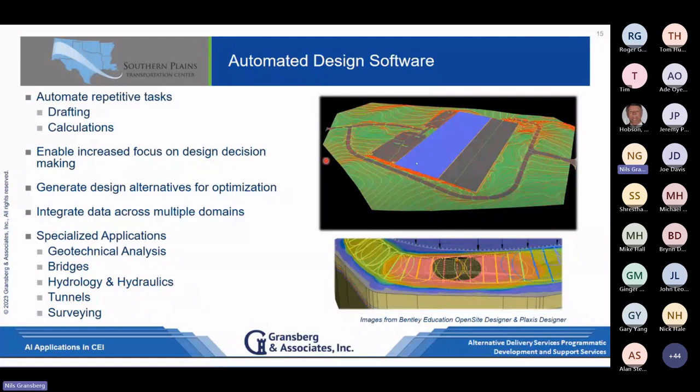And what we're going to see is these larger, well-funded software suites, literally a suite of programs, are going to be able to access all sorts of different kinds of information, and we're going to be able to reach across and do a lot more things with just one or two programs